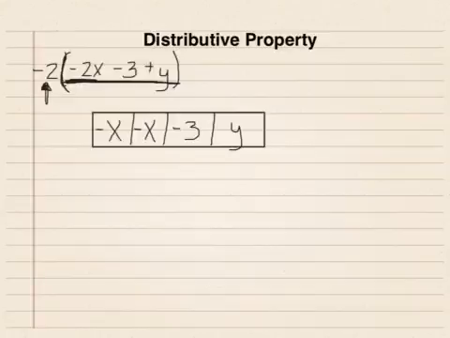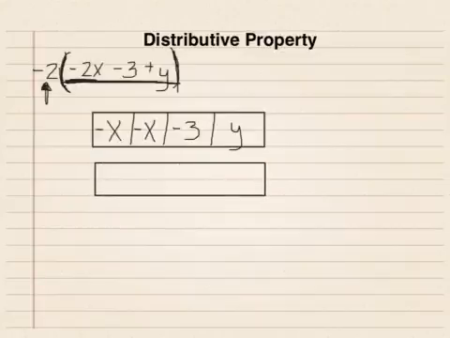So first, let's understand what that 2 is asking us. What that 2 means is that I have two groups of everything that's inside of the parentheses, or the quantity. So right now I've already made one group. Well, let's go ahead and make another group of the same thing. So again, let's start with two groups of x,